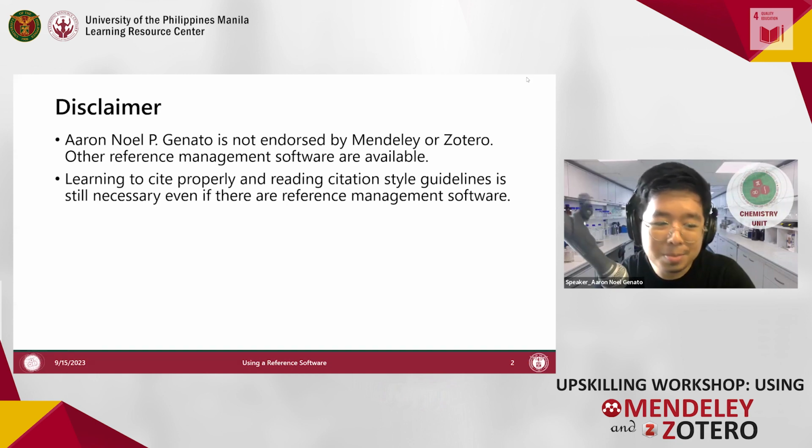But for the most part, because the software has been here for almost more than 5 years, they've already been more sophisticated. Even the minute details of your citation style guidelines are now being followed by your software. Okay, so with that disclaimer out of the side,